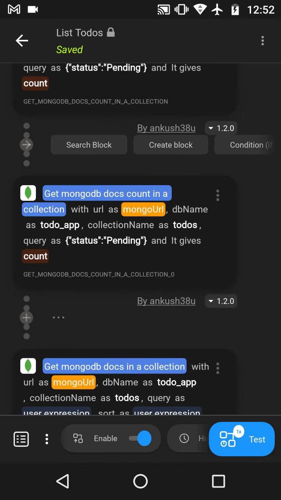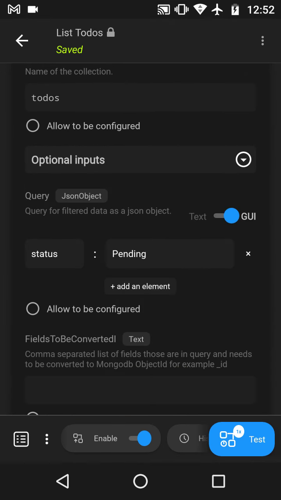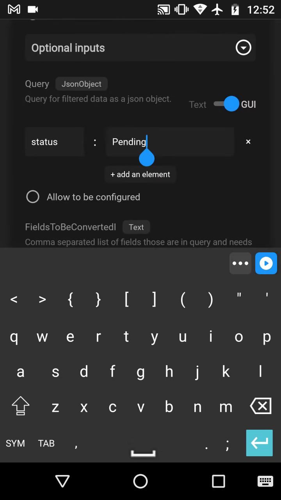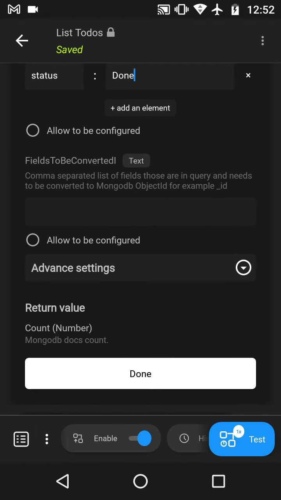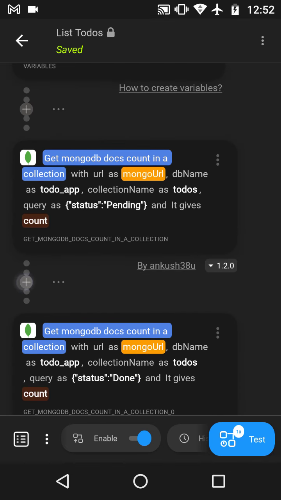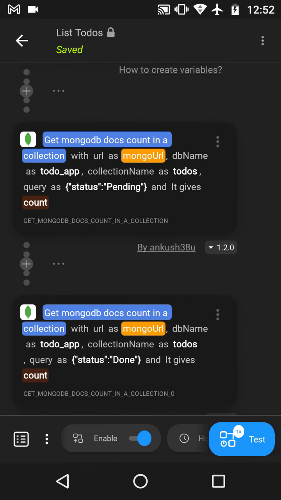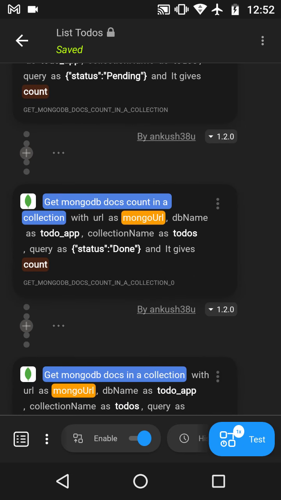Okay, we got it over here with underscore 0 as the ID, and I also want to find all the documents count, notes count where the status is done. So let's change this to done. Okay, all cool.